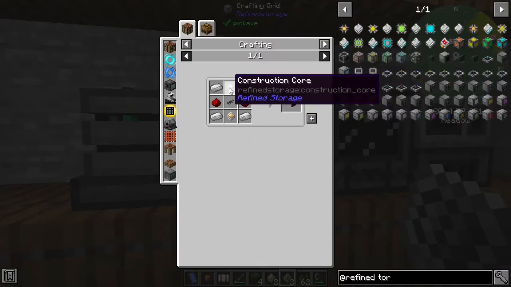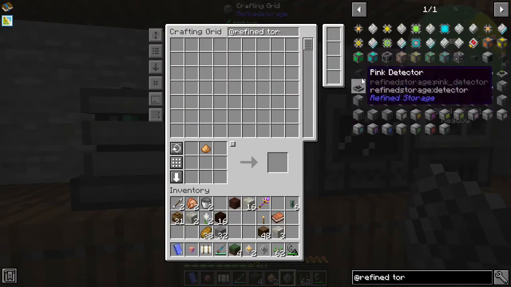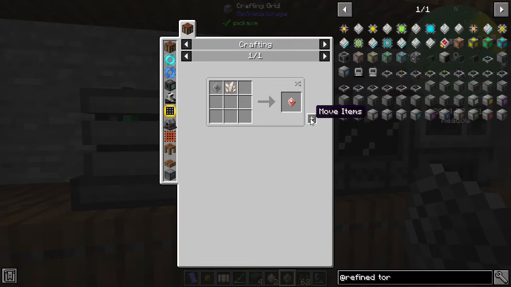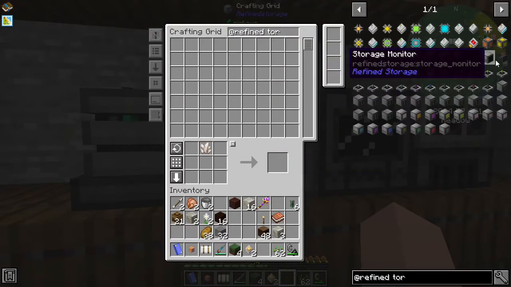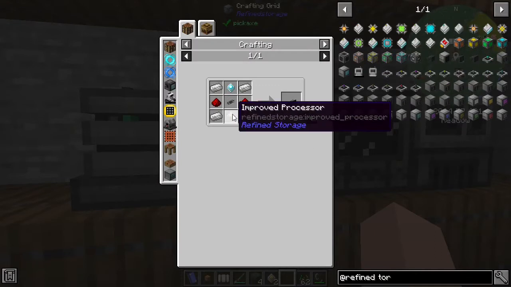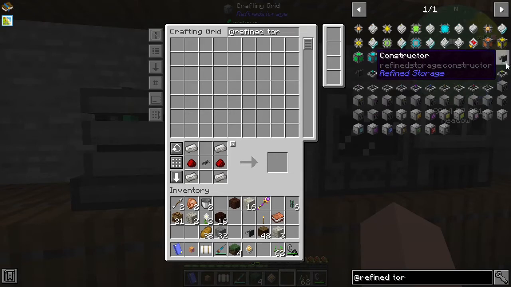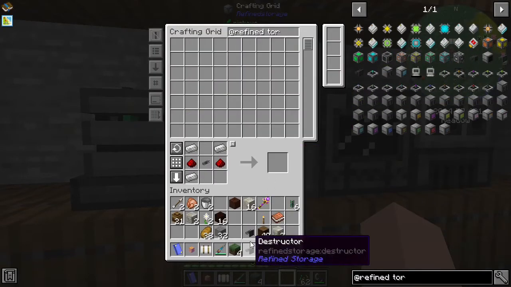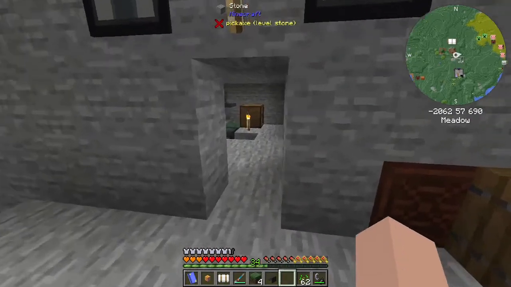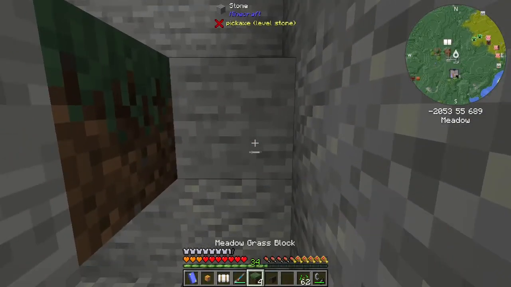So a constructor is going to be this. We need a construction core, check. We need a destruction core, check. And then that should be everything we need, I think. Yeah, we should have that. So that's that. And then we should be able to do this one here. Ta-da! Nice. Okay, so now if we bring the construction core over this way, let's...